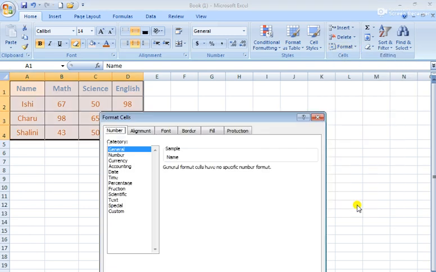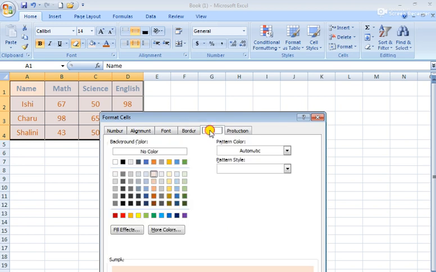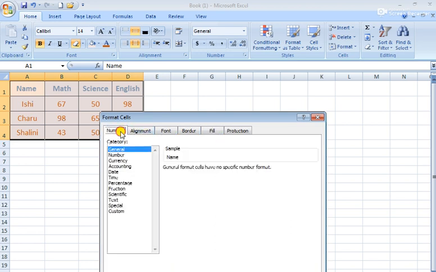See, as I am going on format cell, here is alignment, the font group, border, fill. Fill means what we have done from here, the same thing we can apply from here. Alignment and the numbering. Numbering means the type of data we are entering.